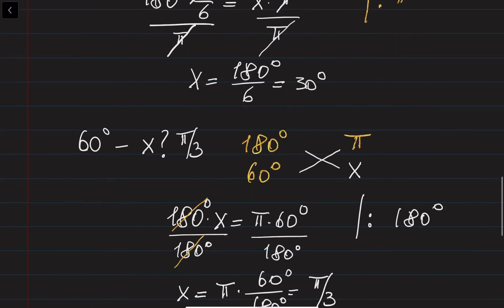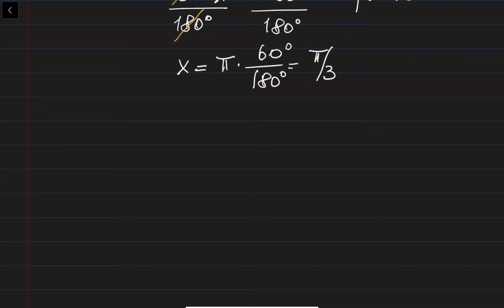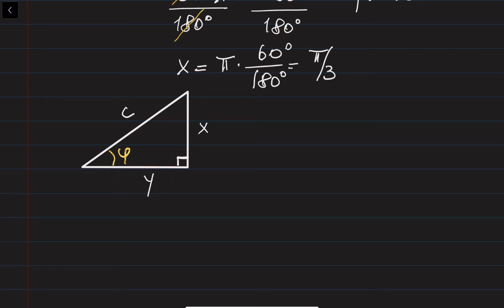Now let's quickly define the trigonometric ratios. If you are given a triangle with a right angle, so essentially a triangle which contains a 90-degree angle, then we can define the trigonometric functions in the following way. The longest side of this triangle is always going to be opposite the 90-degree angle, which we call the hypotenuse. Now, if you're given this angle phi, and if you're given the lengths of these two sides, x and y, or let me call them y and x,